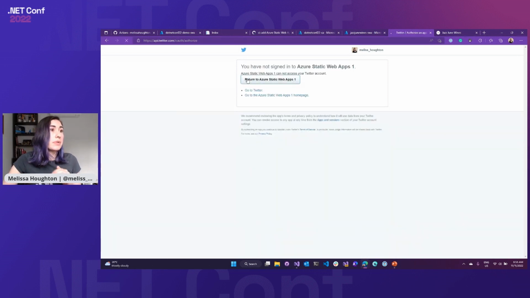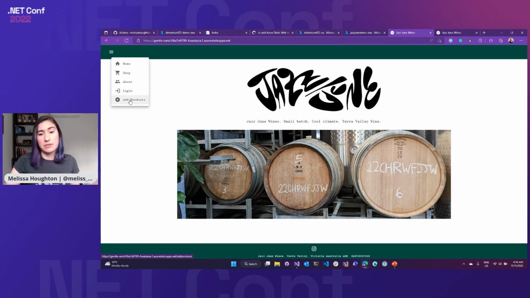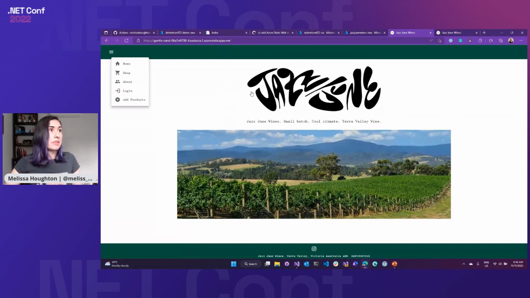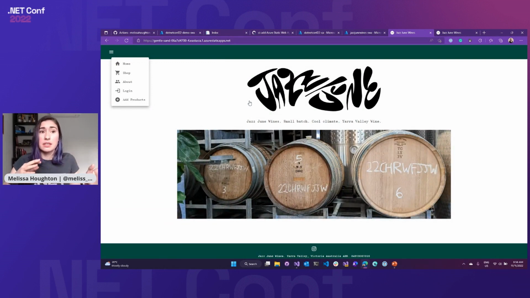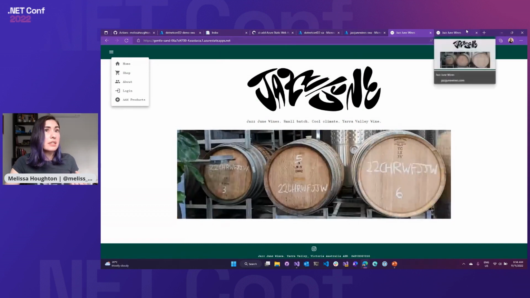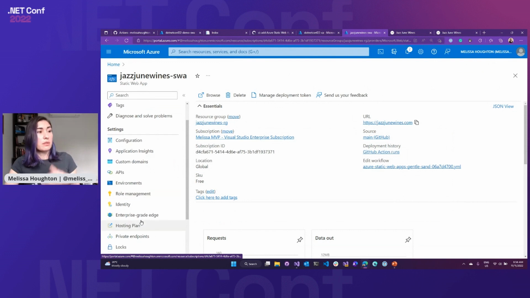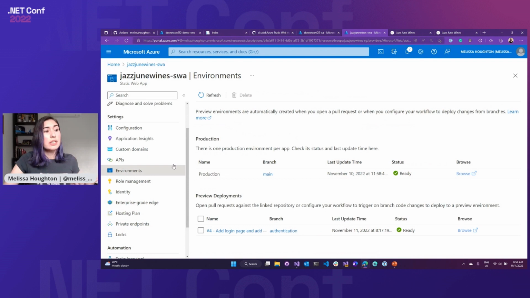If I return home, I had some pages that, because I was already logged in with GitHub, this page only popped up once I was logged in. So that's really nice. You can have that authentication flow with just a few steps, changing your front end and securing your back end, but it sets up those providers ready to go for you. We can have those custom URLs, as we saw within here. And you can even see within the portal your preview environments that are ready, so you can keep track of all the different ones that you have and navigate from there as well.